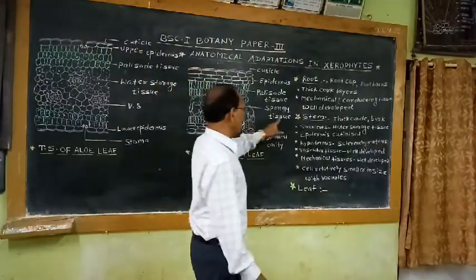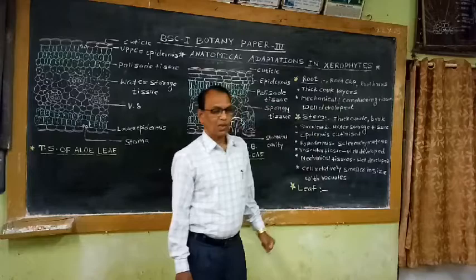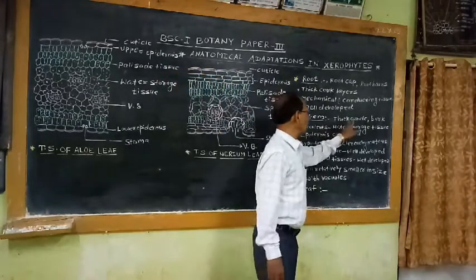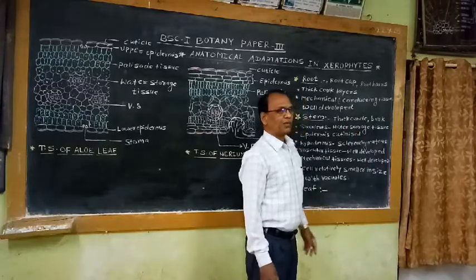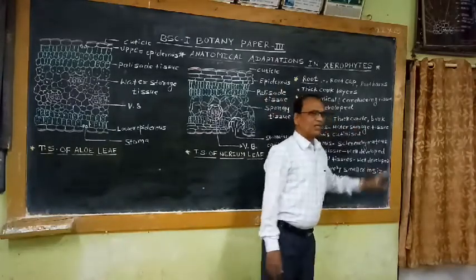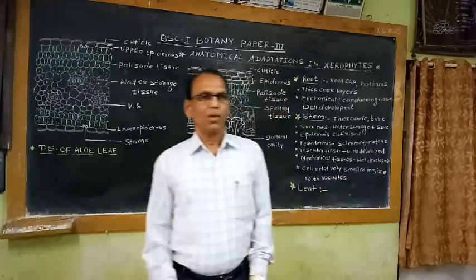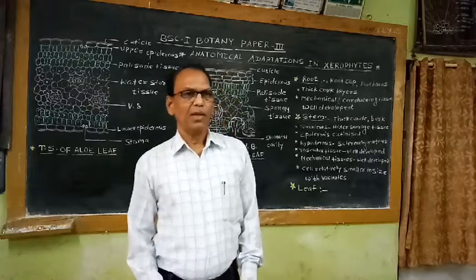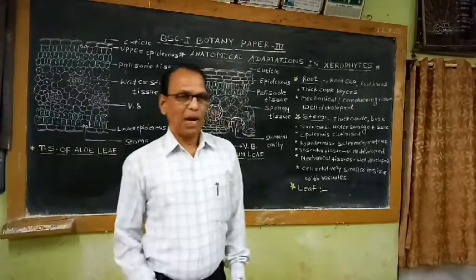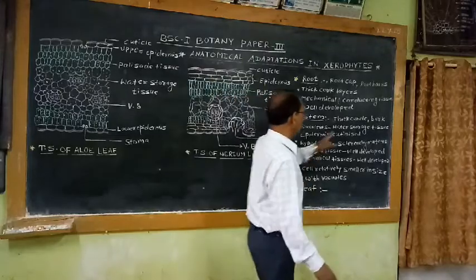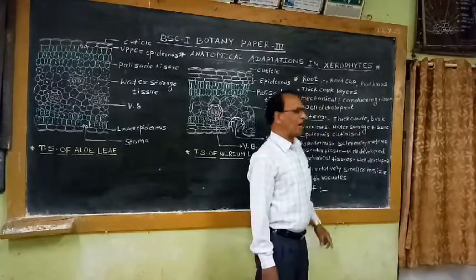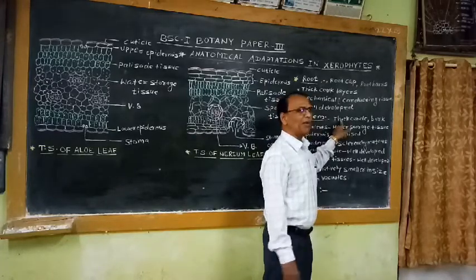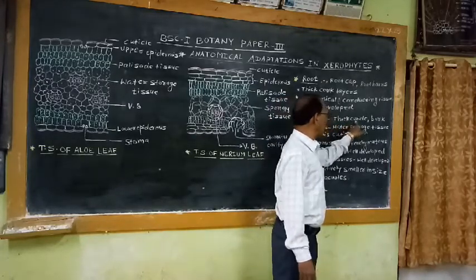Then if we observe the anatomical adaptations in stem, like the root, the stem of all xeropodic plants also shows a thick layer of cuticle. This cuticle is a fatty substance which is present on the upper layer of the epidermis. It may be leaf or it may be stem. All aerial organs of the plant are generally covered with cuticle. In the case of mesophytic plants, this cuticle is thin, but in xeropodic plants, whether it is stem or leaf, the cuticle is generally thick.